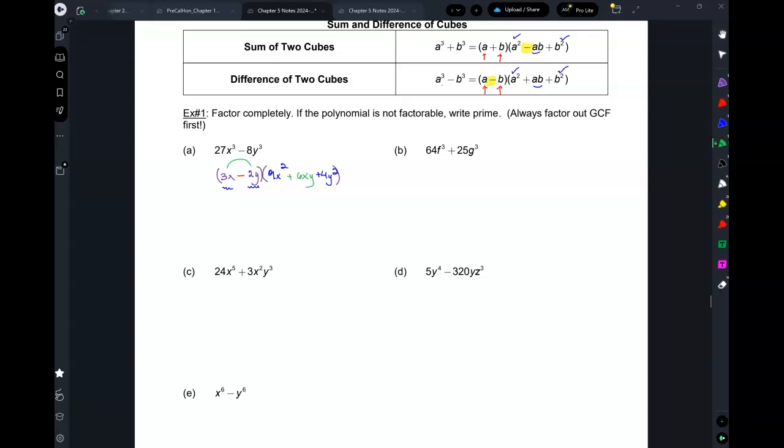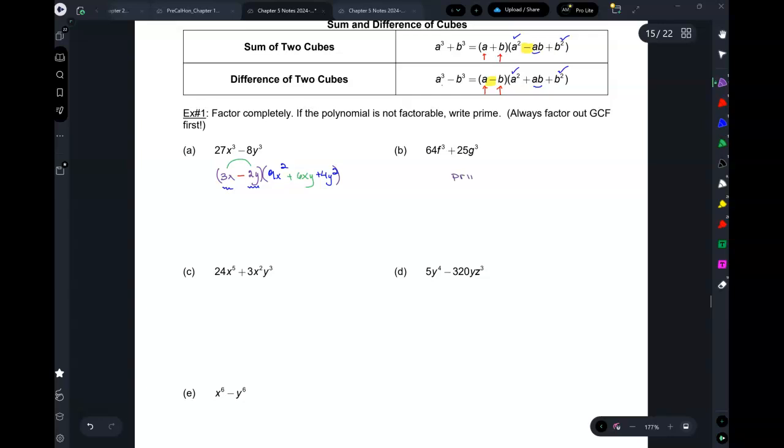Okay? So let's take a look at the next one. The next one I have 64 and 25. 25 is not perfect. 64 is perfect. But remember, these are cubes. So even though f cubed and g cubed are cubes, 25 is not a cube. So we cannot factor this in this way. So we would just say